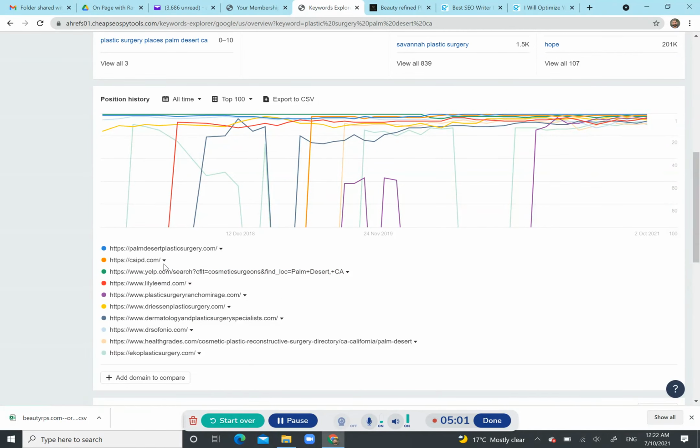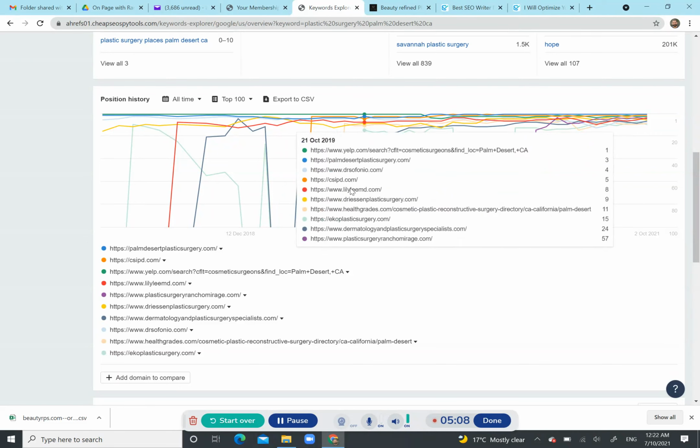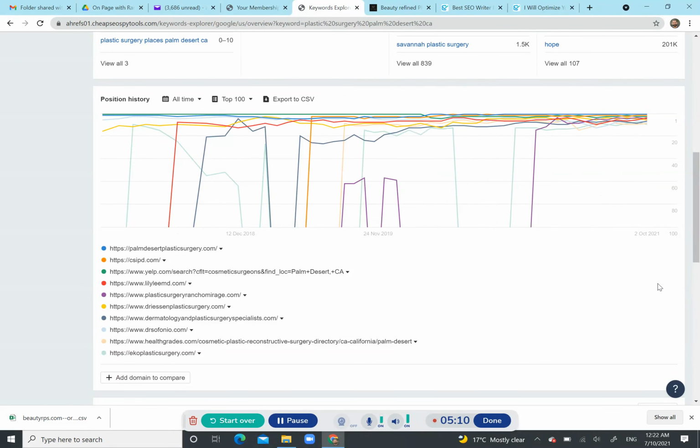CSIPD sounds like a surgery as well. So all of that. And this is the graph. The way to analyze the graph is, this is how I look at it. So you've got colors here, right? So you can see this purple color, plastic surgery